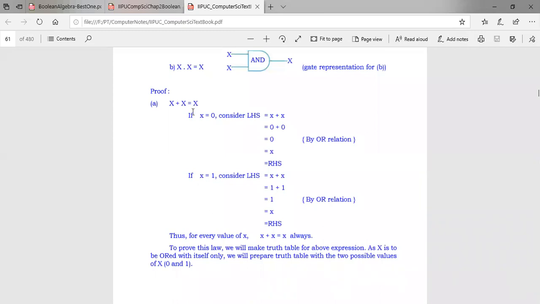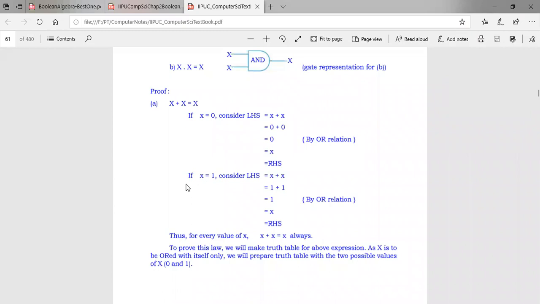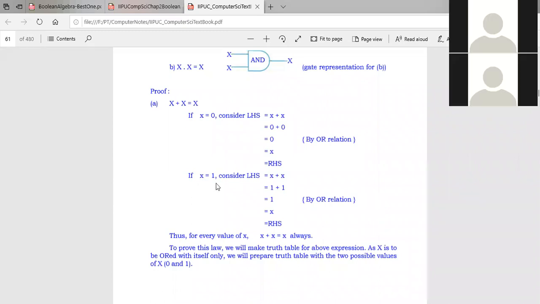There is only one variable. So two values we have to substitute, x is 0 and x is 1. Let us see first. Substitute x is equal to 0. LHS is x plus x is equal to 0 plus 0 is equal to 0, which is equal to x, which is RHS. Substitute x is equal to 1. Now LHS is x plus x is equal to 1 plus 1 is equal to 1, which is equal to x,